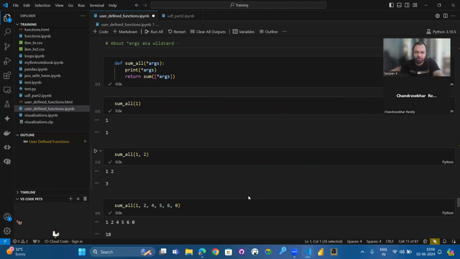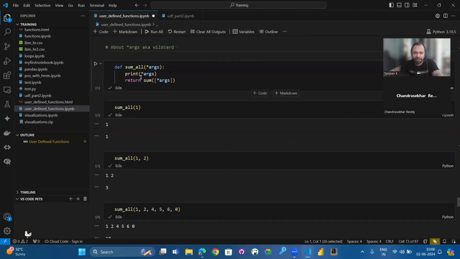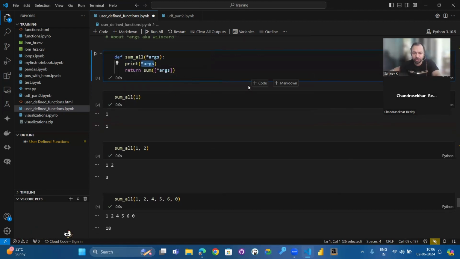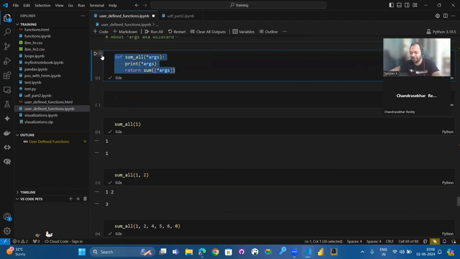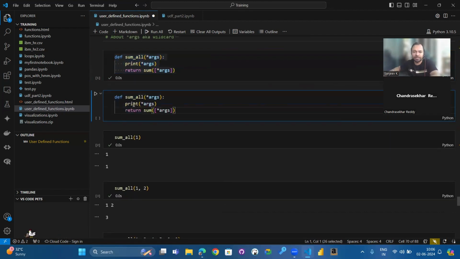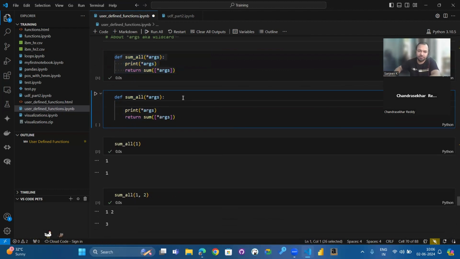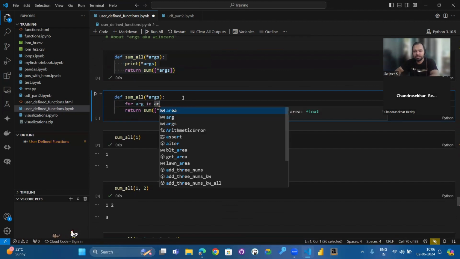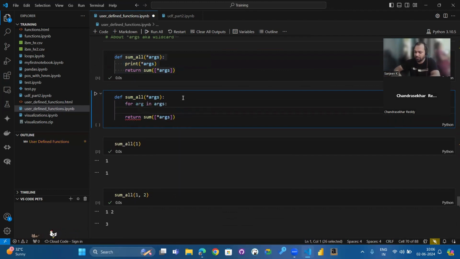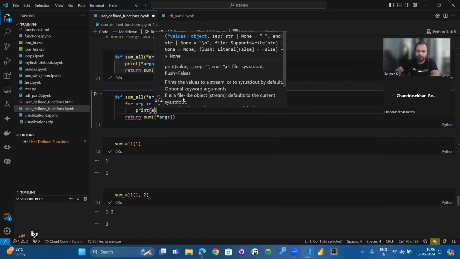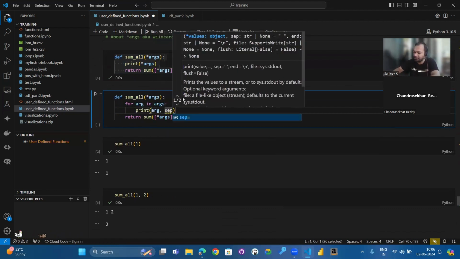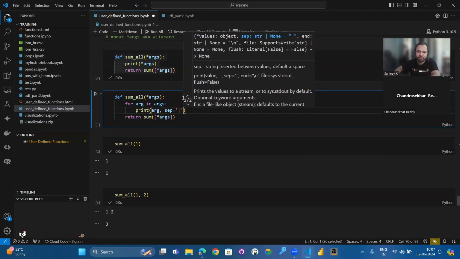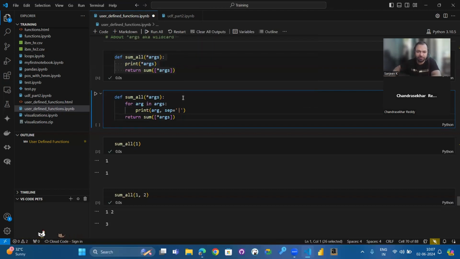Just in case you want to see what the args are, in this case I have used print(args). You can loop over the args also. So how do you do that? Say I'll rewrite the same function, and I'll say for arg in args: print(arg), with separator equal to a pipe symbol because I don't want that to come as a new line. Okay, so when I do this, let's see what happens.